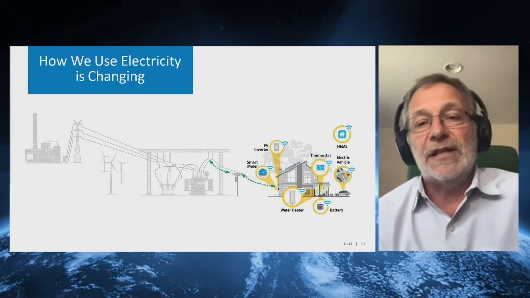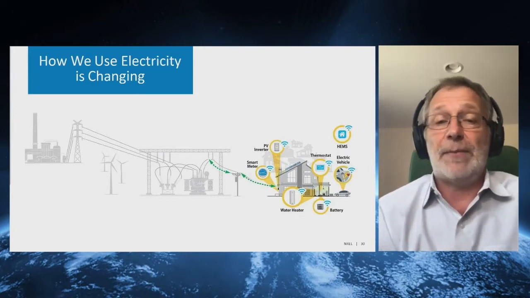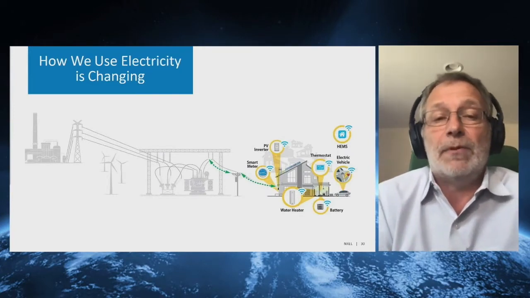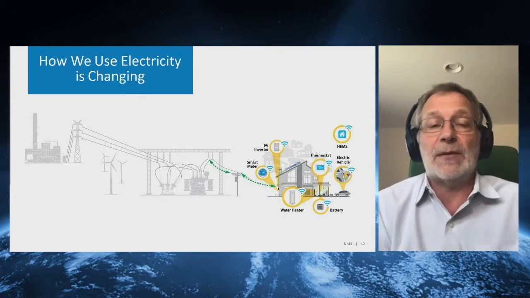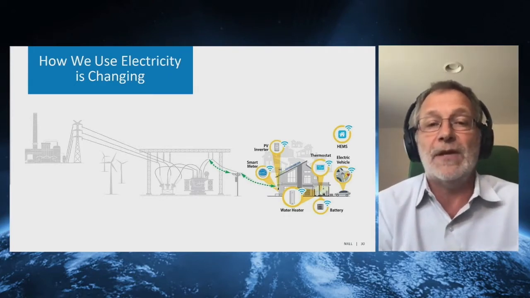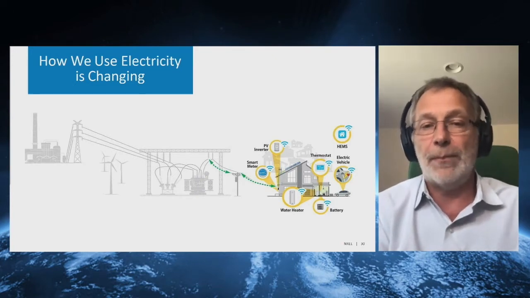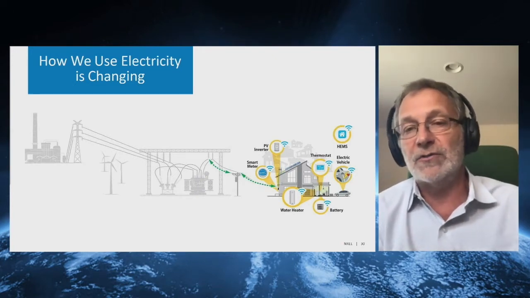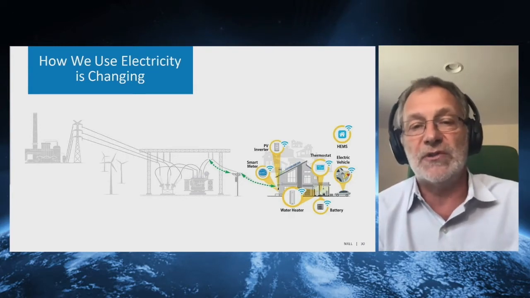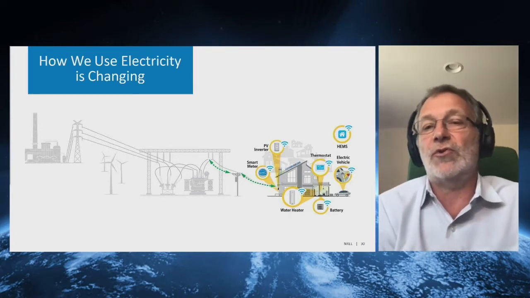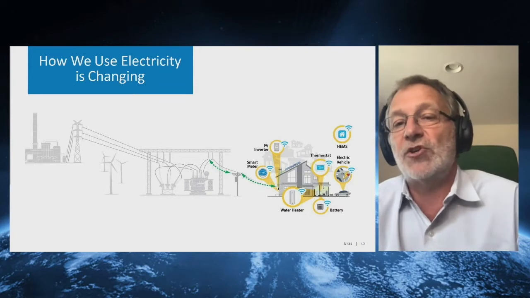I mentioned that the grid architecture is changing rapidly. In the old days, it was very simple. You have a couple of big production sites, like a big nuclear power plant, a big coal plant, and electrons were flowing in one direction. So they were flowing from the plant through our transmission lines to our consumers, manufacturing sites, or you as a consumer within your house. And this is where you used it.